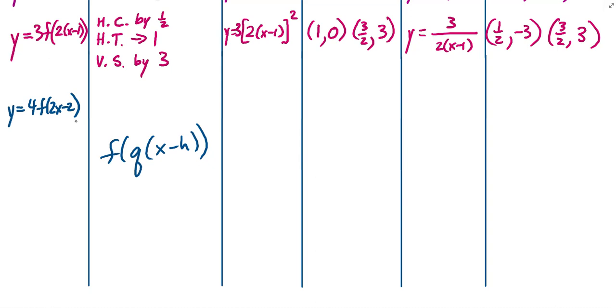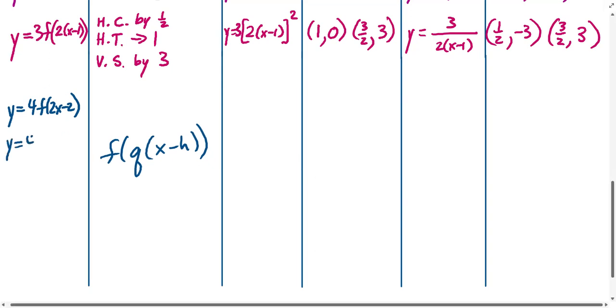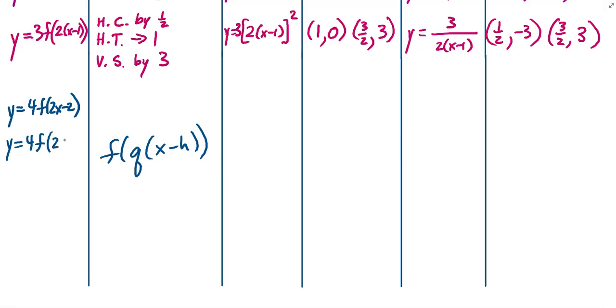So this here must be seen as 4 times f of 2 onto x minus 1. I have to factor out that 2. Otherwise, I'm going to have the wrong transformations. Simple as that. So now that this has been factored,